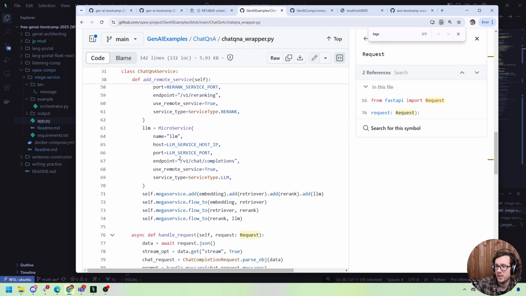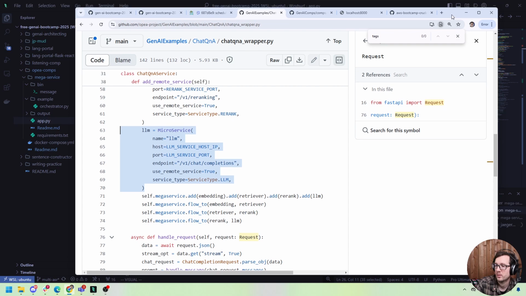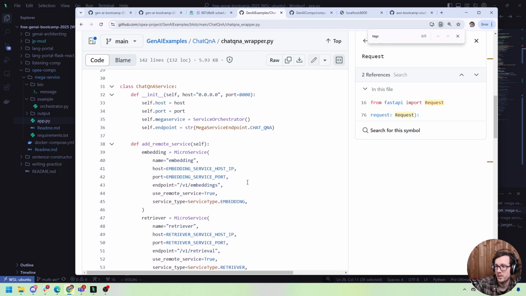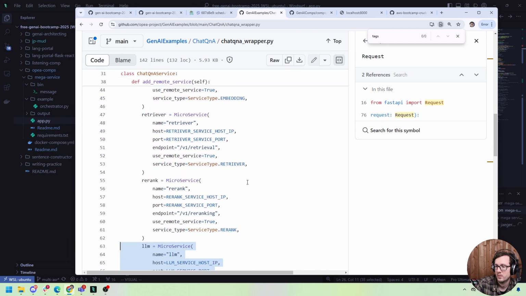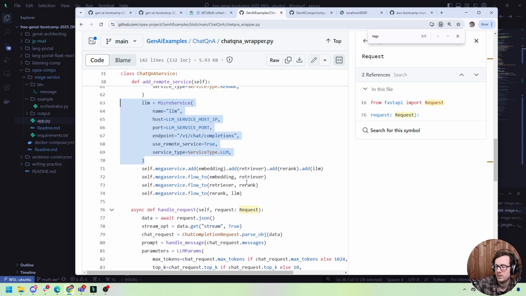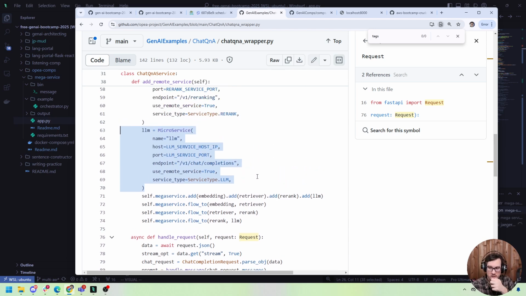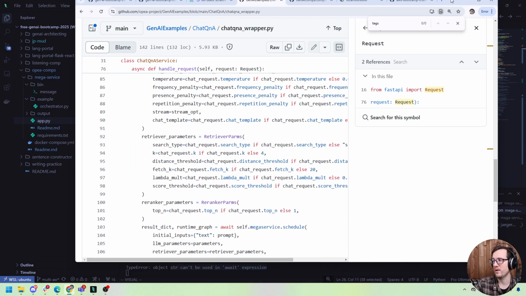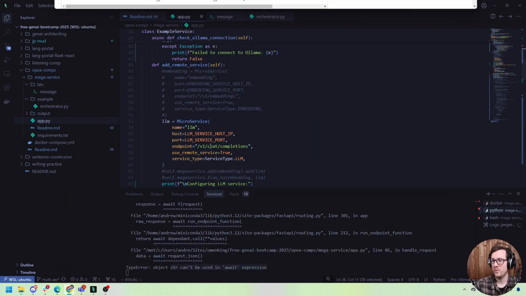Retriever, re-ranker, LLM. So this part is similar. But do we have like a generic service one? Okay, so I think this one's fine. This is the service that